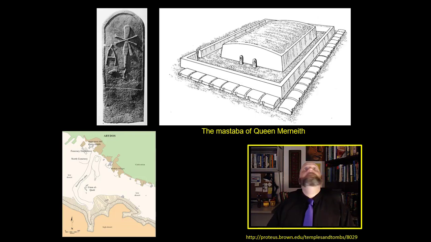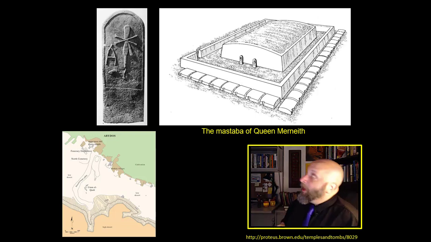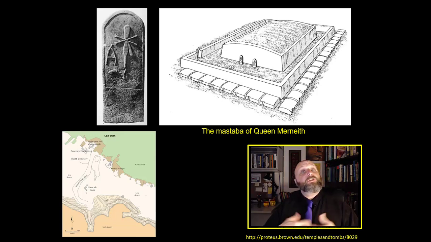And right up above me is the tomb of Queen Mernith. And that is her mastaba right up above me. She's buried underneath there, and it's a huge mastaba. It's just absolutely gigantic. It contains 2 layers with a series of lesser mastabas all around it. Those are people that were attached or were clients of Queen Mernith. We know it's Queen Mernith's mastaba because there's a stela on the front of the mastaba with her name on it that gives a list of her dates.